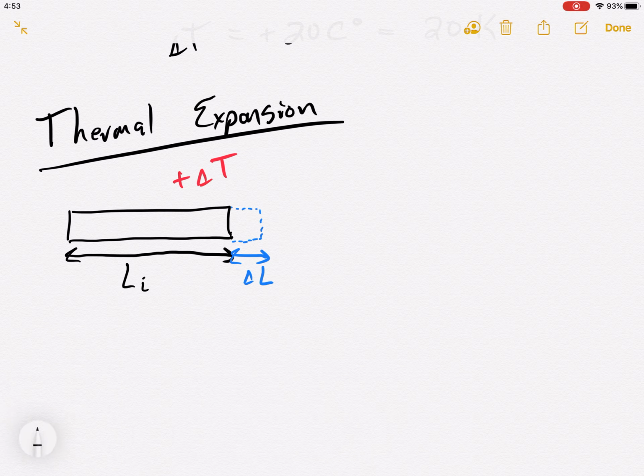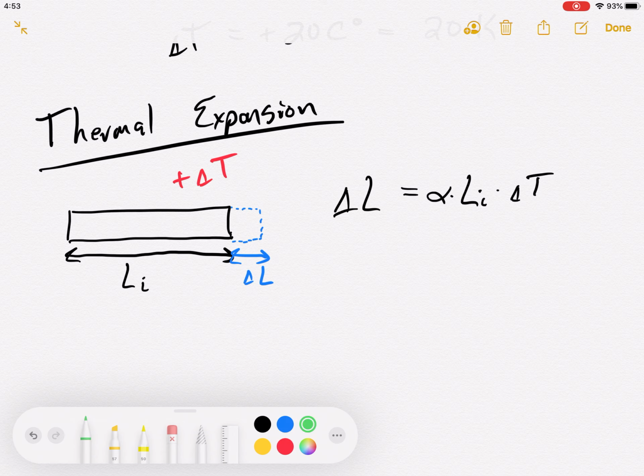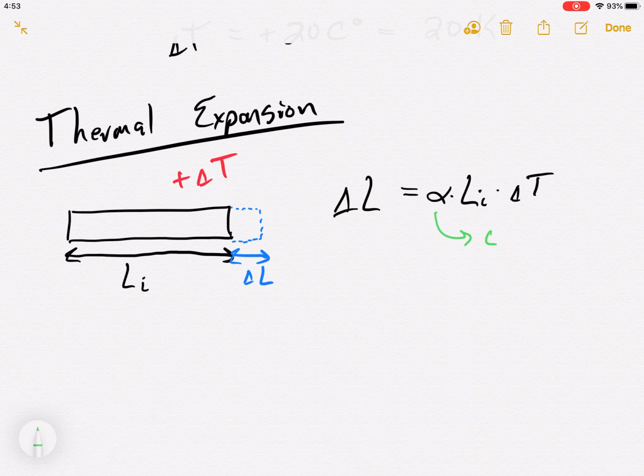I'm not going to plot that. I'm just going to say, so delta L is directly proportional to delta T. It's also proportional to the initial length, right? So if you start with something longer, it experiences a much bigger delta L. So length initial, it's related to delta T directly, and then a constant of proportionality that we'll call alpha. All right, and alpha here is the coefficient of thermal expansion, and specifically this would be linear thermal expansion.